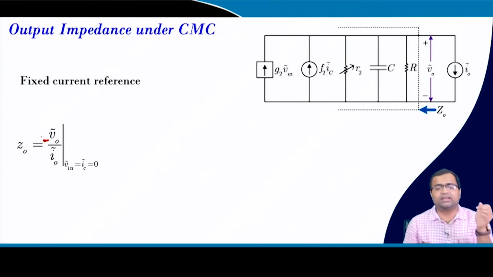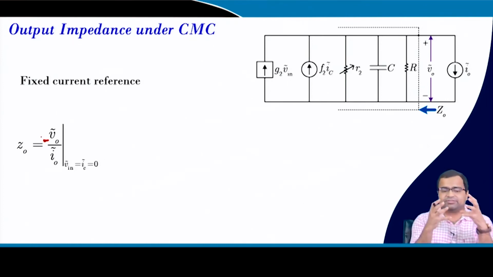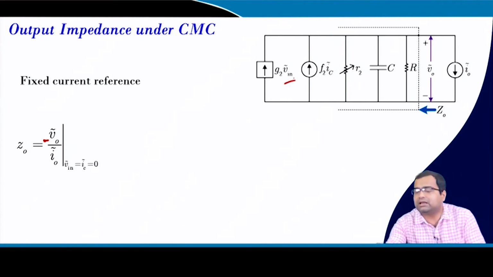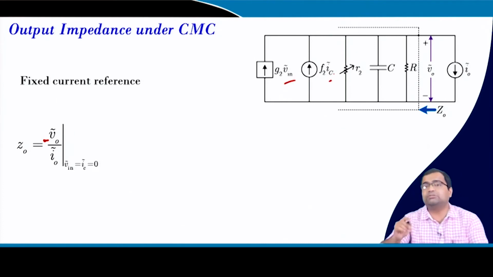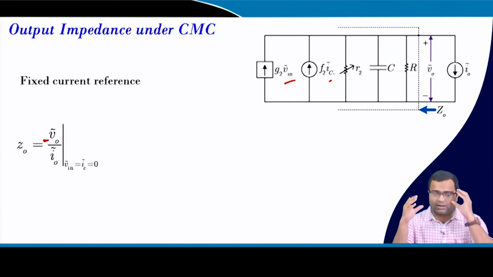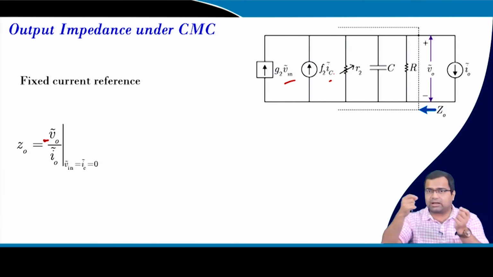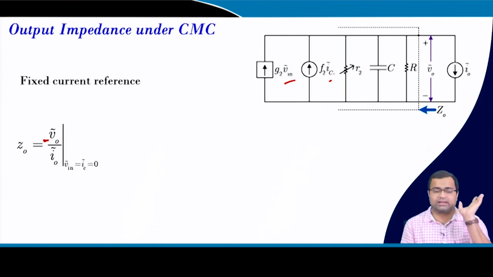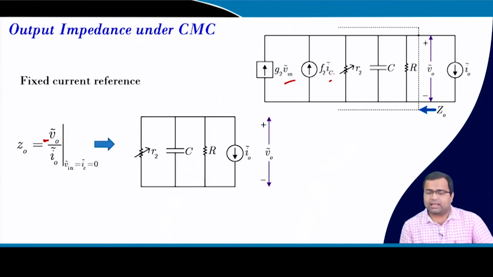negative sign here. Z0 is minus V0 tilde by I0 tilde, where we are keeping the current reference constant and the input voltage constant, but we are exciting the converter from an external current source by sinking current. Okay. Since the current is sinking, that is why the negative sign is coming, and this will behave